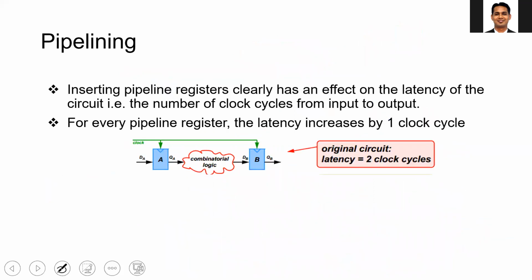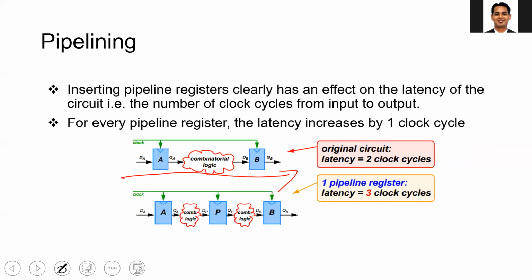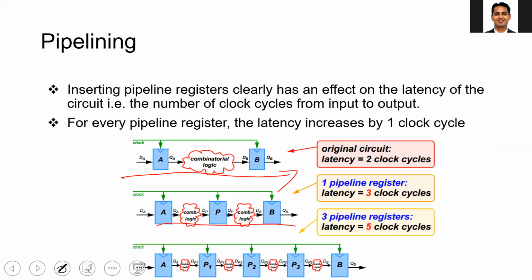So what is pipelining? Inserting the pipelining register clearly has an effect on the latency of the circuit. What we do is add registers in between the combinational circuit. We break down the combinational circuit into multiple parts. When you add pipelining, we have already seen that it results in larger latency, the number of clock cycles from the input to output. For example, in this case, the latency was 2 clock cycles from here to here because of the two registers. Then here you can see that the latency is 3 clock cycles, and here the latency is